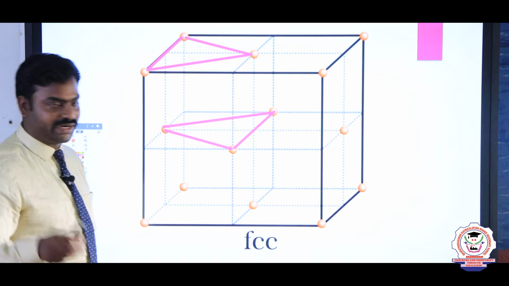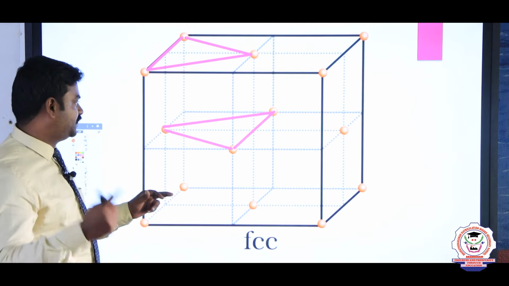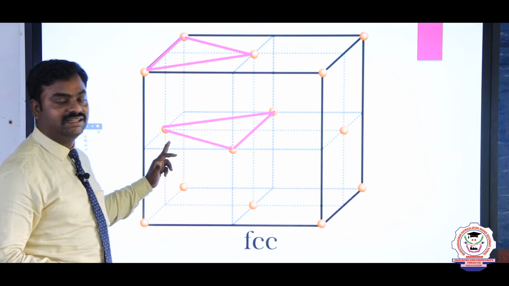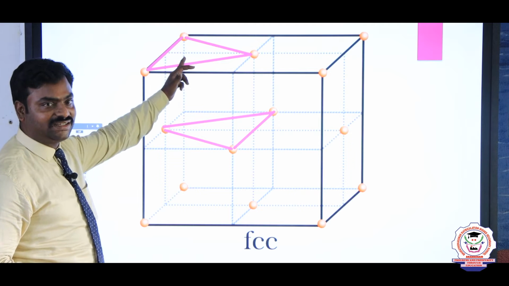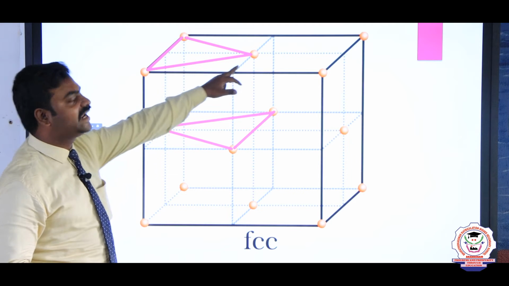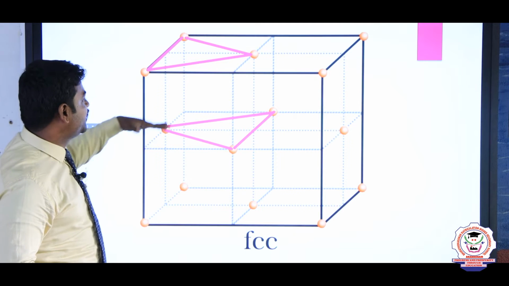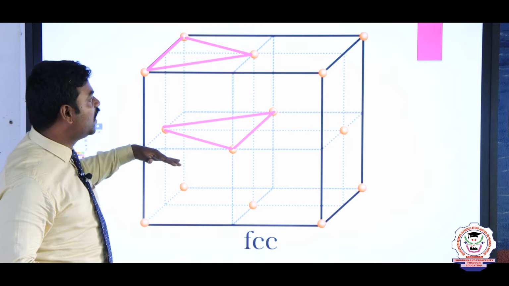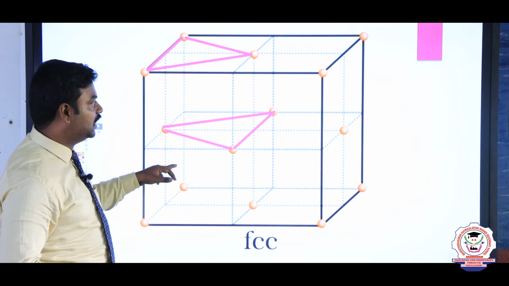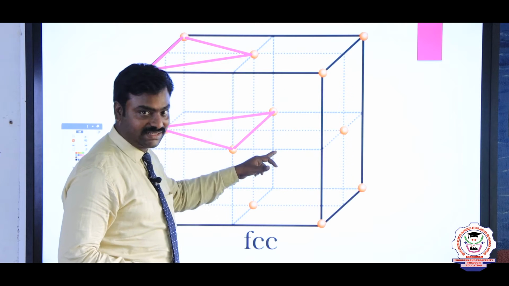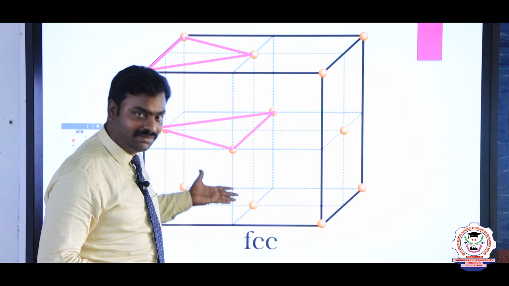What about octahedral void? The same in FCC. See, there is a triangular shape in the FCC if you connect the adjacent face centered atoms. Likewise, there is an inverted triangle above that connecting a face centered as well as the corner atoms. Okay. So, it will make a perfect octahedral. There are 4 octahedral voids possible. This one setup and then again another setup. There are 2 different octahedral setups available at the bottom.